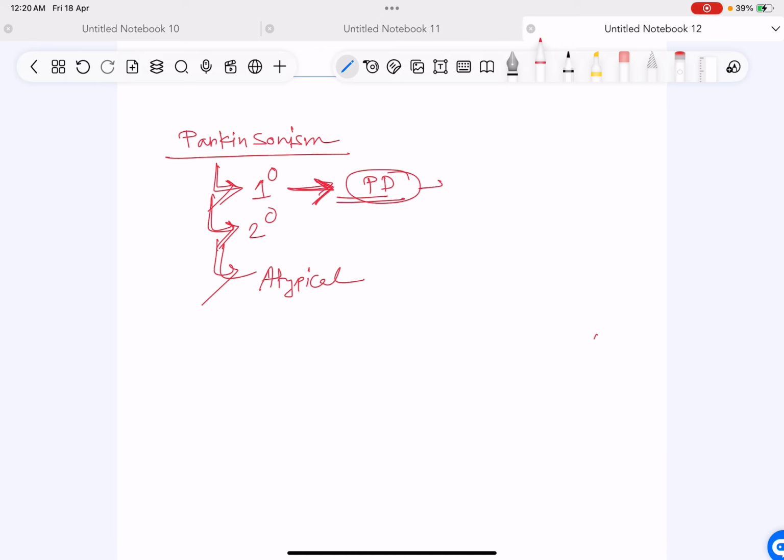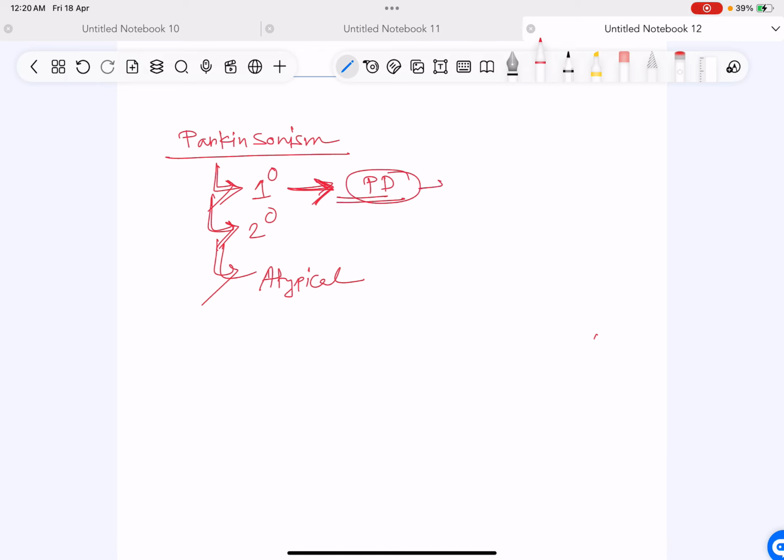They give you options like substantia nigra, midbrain tectum, cerebellar cortex, pontocerebellar fiber. What is your answer? The hot cross bun sign on MRI, which is seen in MSA type C, is due to